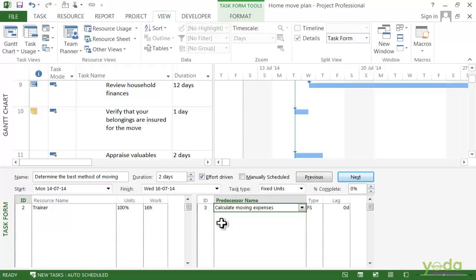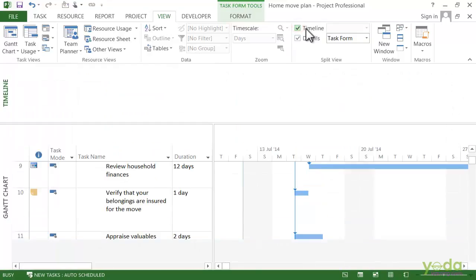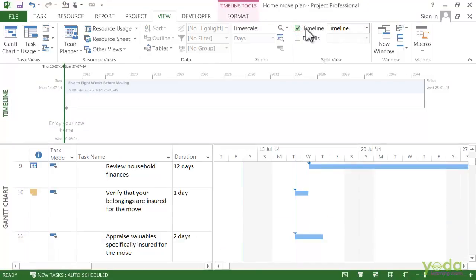On the other hand, to go the other direction and get a high level view of the project, turn on the timeline checkbox. So here we are. That shows up at the top of the window, and it's just a great way to get an overview of the project because you see the whole thing in one simple view, from the start on the left all the way to the finish on the right.